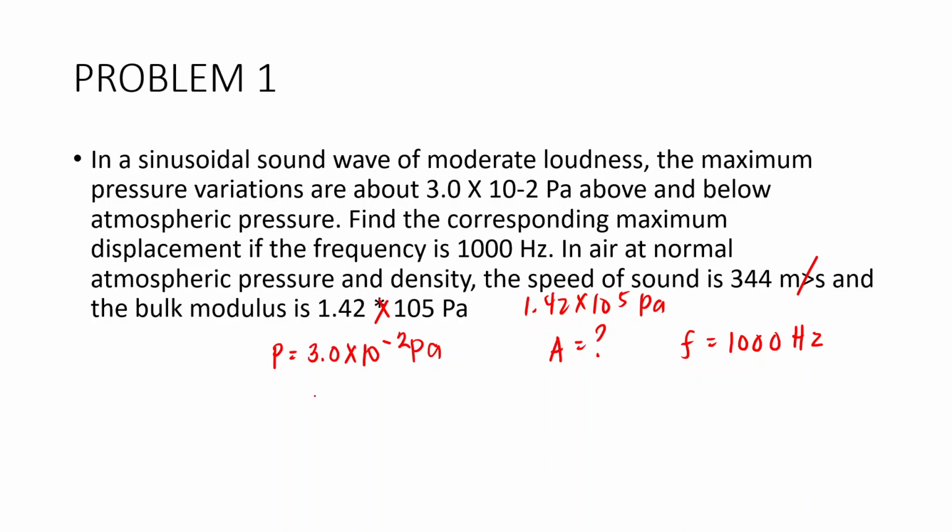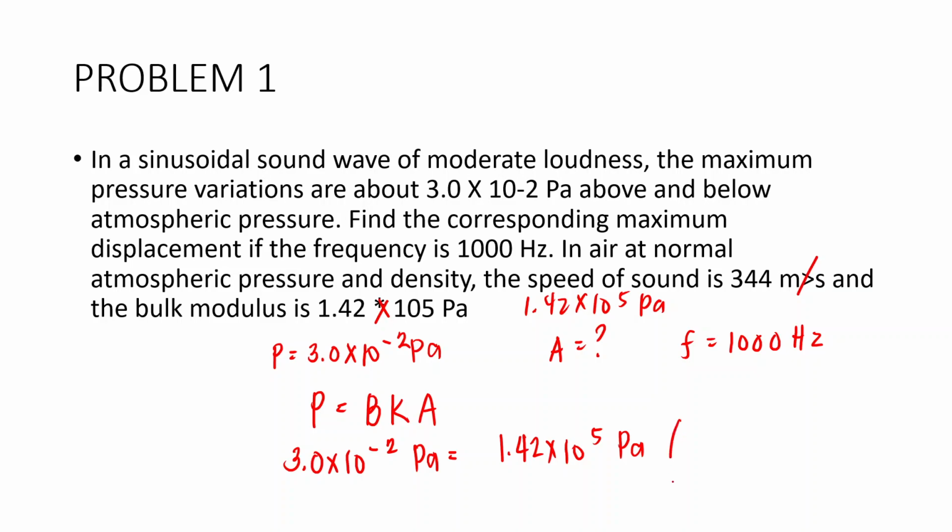Okay, so hanapin natin yung amplitude. The pressure is equivalent to BKA. Meron tayong given pressure, meron tayong given bulk modulus. Ang K natin can be solved as 2 pi over the wavelength. Ang wavelength, pwede natin kunin yan sa formula na V is equals to wavelength times the frequency. So, ang wavelength is V over F. So, V is 344 meters per second over the frequency na 1,000 hertz. And then, ang amplitude natin is equivalent sa